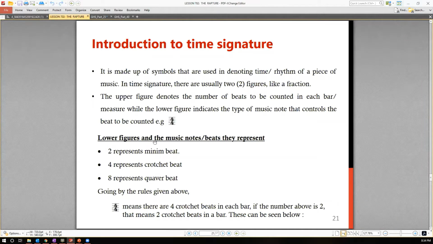The lower figures and the music notes they represent. So 2 represents a minim. If you put a 1 over 2, it almost sounds like a half note. That's one way to look at it. And then if you see 4, if you say 1/4, it's almost like a quarter. If you say 1/8, an eighth note represents a quaver beat. So basically, when we see